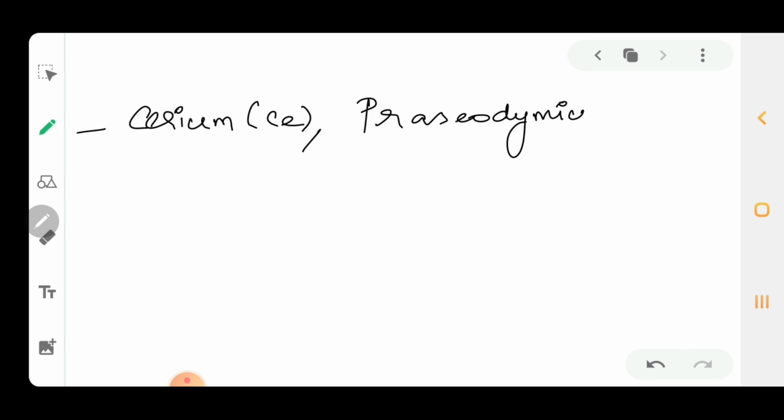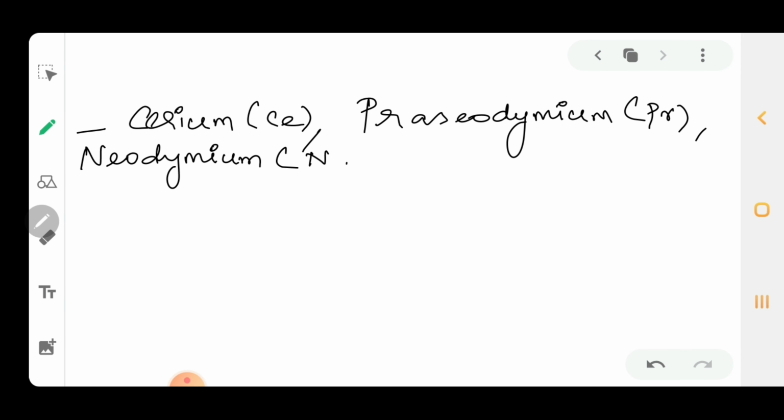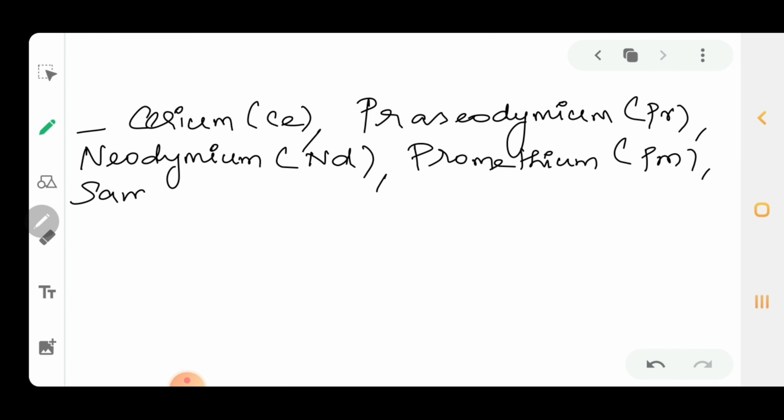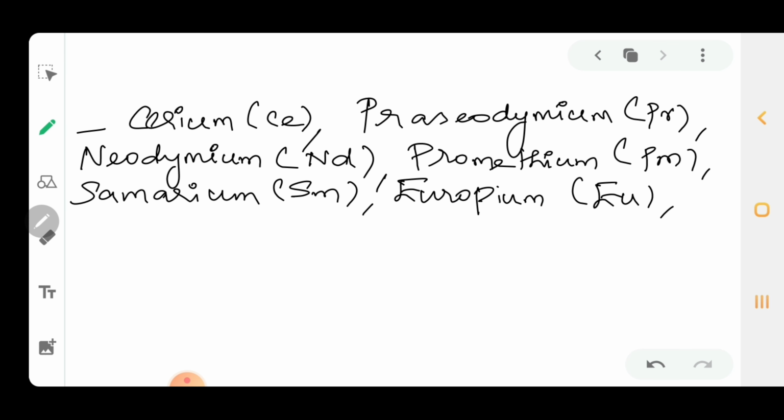Now we will see what are the elements present in lanthanides. It includes cerium, represented by the symbol Ce, praseodymium, represented by the symbol Pr, neodymium, represented by the symbol Nd, promethium, represented by the symbol Pm, samarium, represented by the symbol Sm, europium, represented by the symbol Eu,